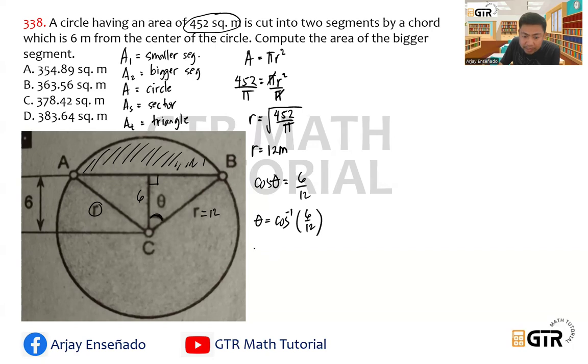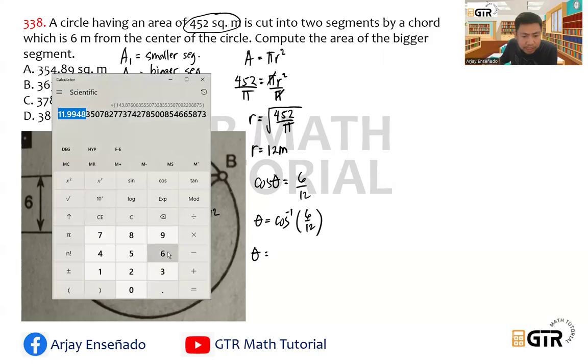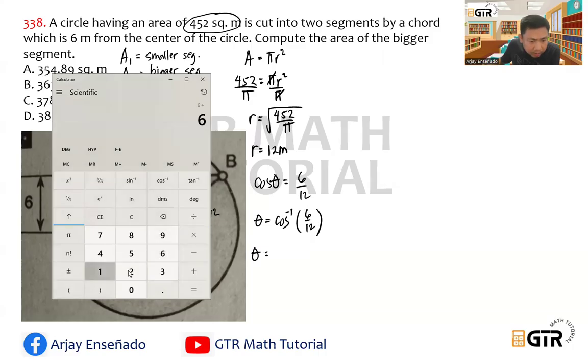Okay. So approximately theta is equal to, so just use our calculator. So we have 6 divided by 12, press equal sign first. So we have 0.5, and then get the arc cosine of 0.5. I will use shift and then cosine and then equal sign. So arc cosine of 0.5 is equal to